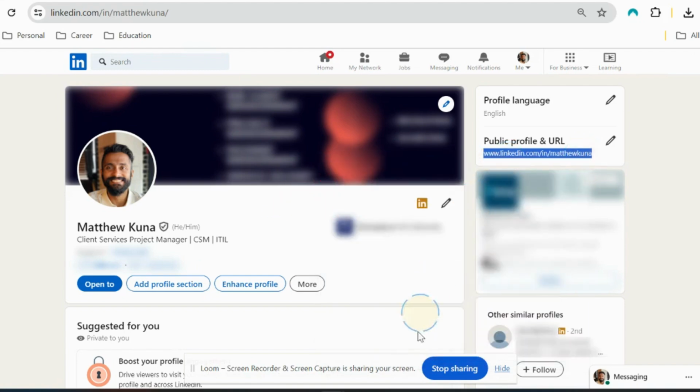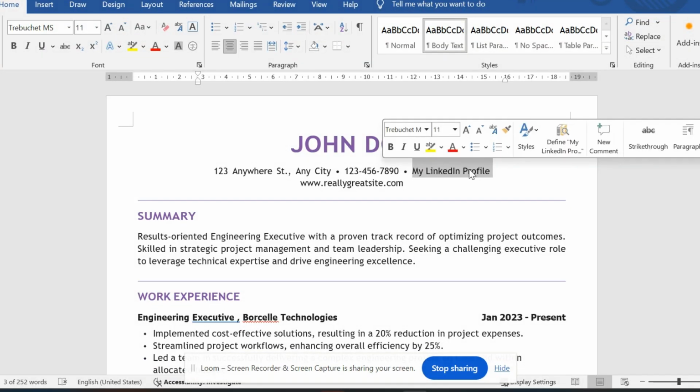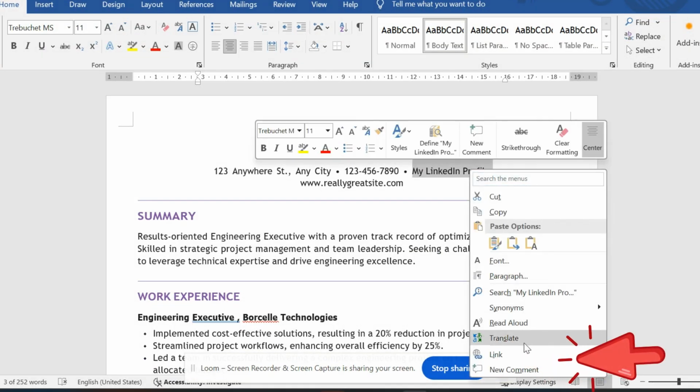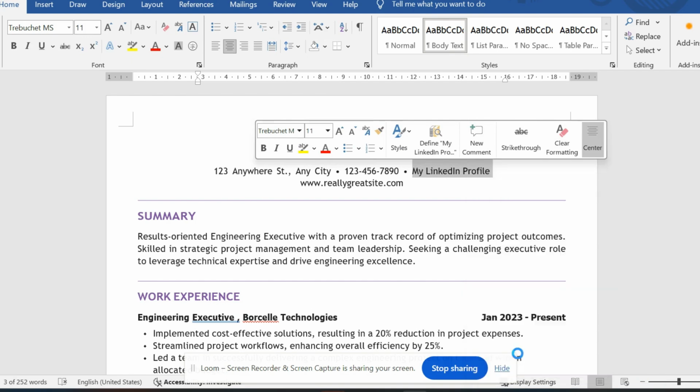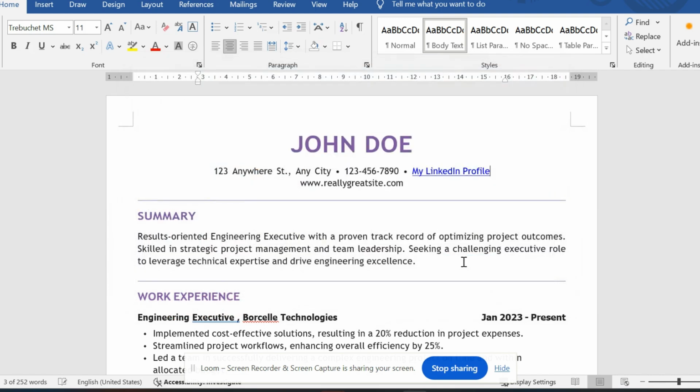Once you click on copy, you are able to bring up a resume that you have, and in the header description over here, you can type in something simple like my LinkedIn profile. Right click onto it, head down to the option called link, click on link, and over here you want to make sure that you are linking to an existing file or web page. Once you click on that, make sure that in the address bar over here, you paste your LinkedIn profile link and click OK. So right now you can see the words My LinkedIn Profile has actually been hyperlinked over to